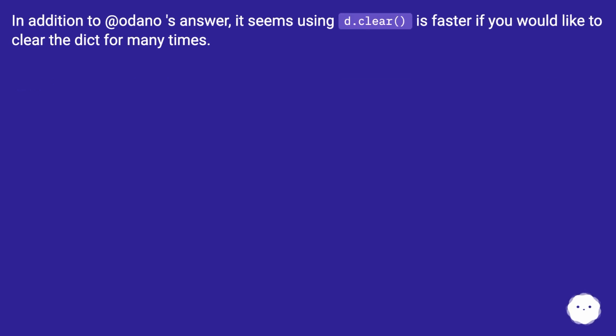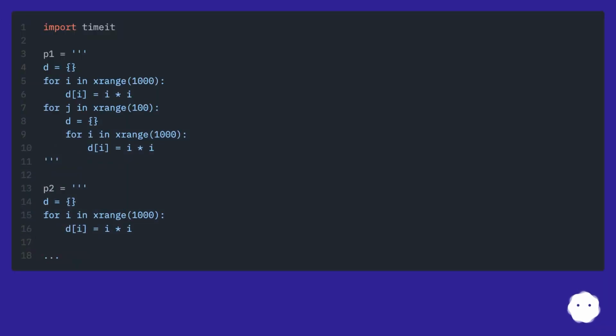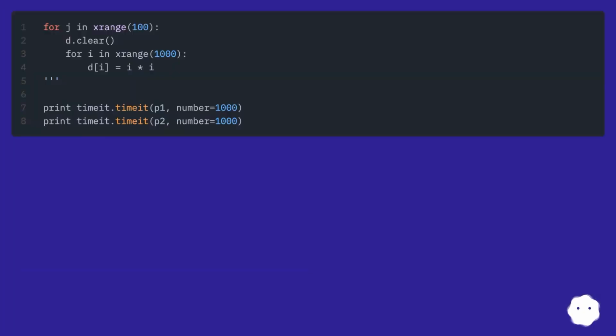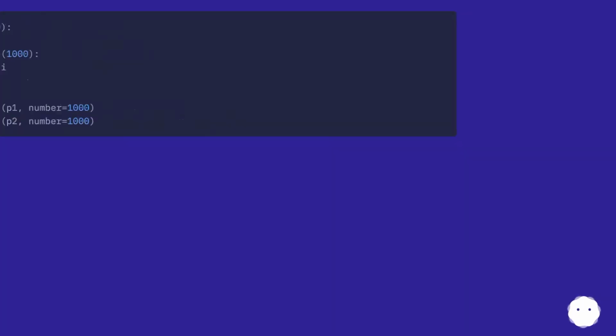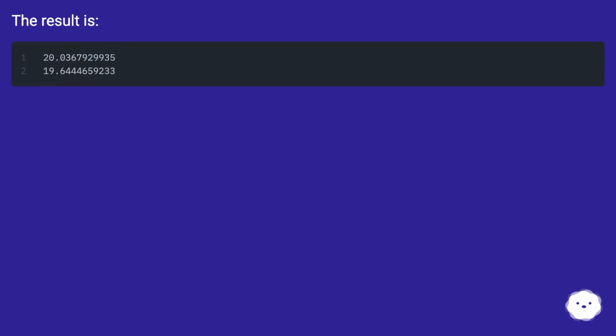In addition to O'Donnell's answer, it seems using d.clear() is faster if you would like to clear the dict many times. The result is